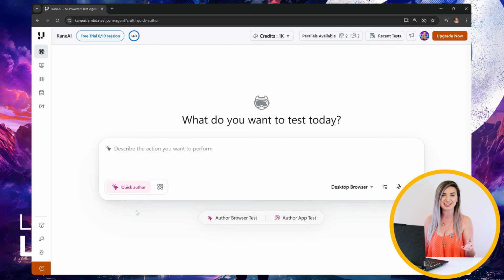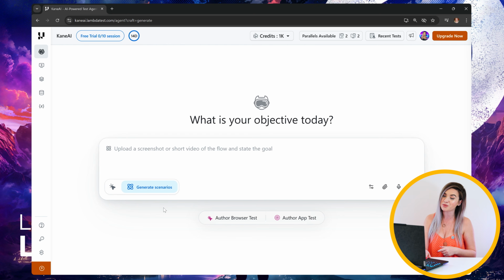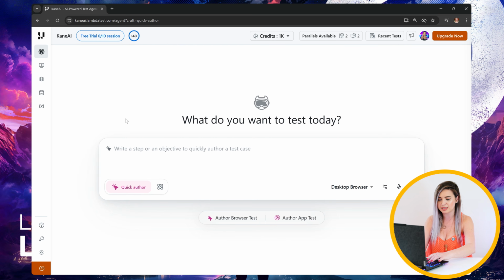Now, the main idea here is pretty simple. We are testing a live application using natural language. And first, we will use the quick author mode, saving the generate scenarios one for later because this one is extra impressive. So instead of writing code, we'll just describe what we would like to test. For example, I will type subscribe to the newsletter at